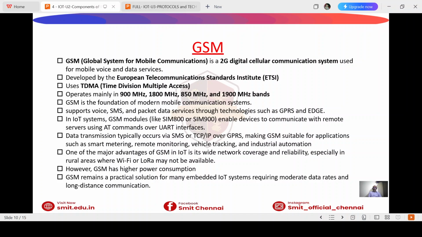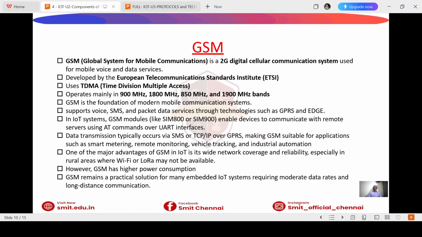and EDGE services. Mainly in our IoT systems, the GSM module is called SIM800 or SIM900. That's currently available in the market. They enable devices to communicate with remote servers using AT commands over UART interfaces. If you open the software and look for the GSM module, the SIM800 or SIM900 version is available in the market as well as in simulation tools like Proteus. So it communicates with the outside world through the UART,